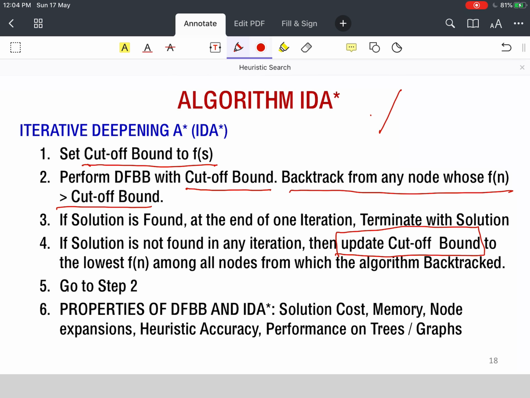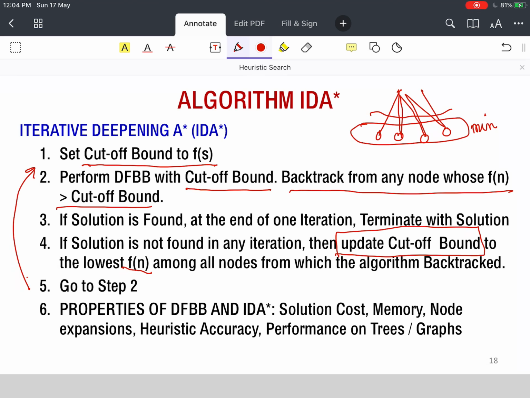How do we update? We look at all the nodes that we backtracked from. So the search backtracks like this. So here are all the nodes that we backtracked from. And from all these nodes which have their f values, we pick the minimum one. And we choose that minimum one as the new cutoff. And we repeat.